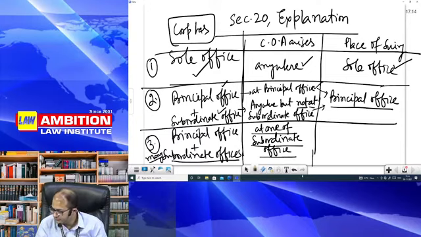Hakam Singh versus Gammon India Limited, AIR 1970 Supreme Court 740. The Supreme Court held that